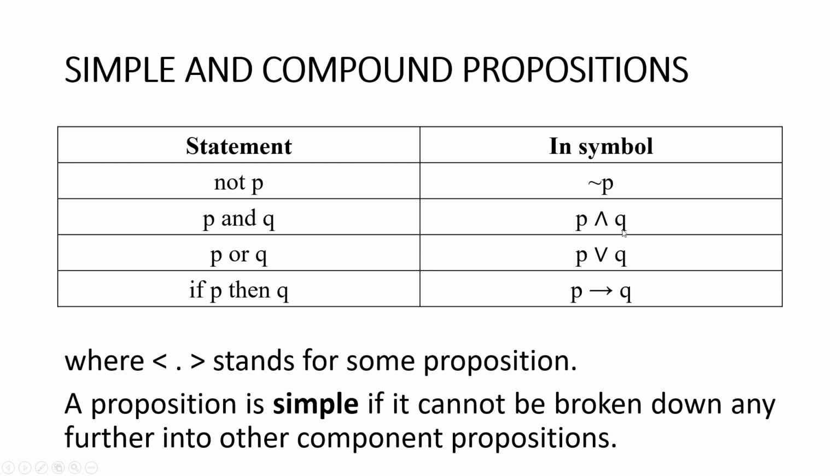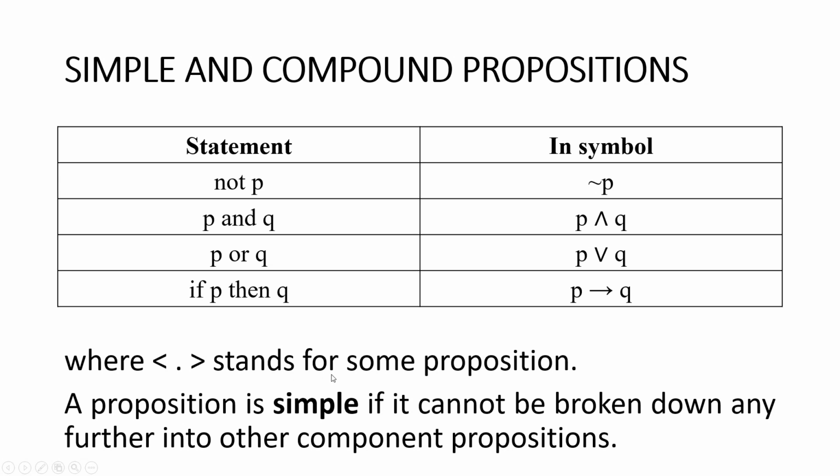So this symbol can be read as P and Q. Next, P or Q. So this is P with this symbol and Q. And then the last one, if P, then Q. So you have P, arrow to Q. So this statement is actually what we call negation. And then another statement, this one is what we call implication. So where these symbols